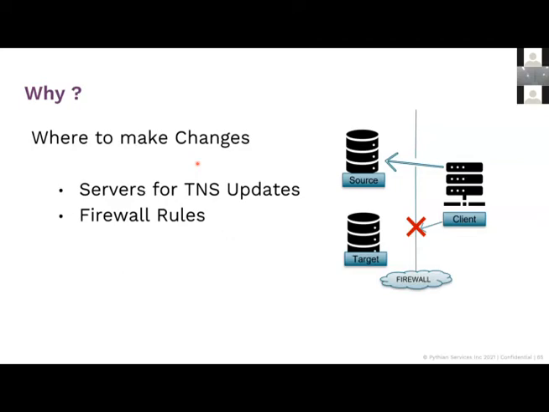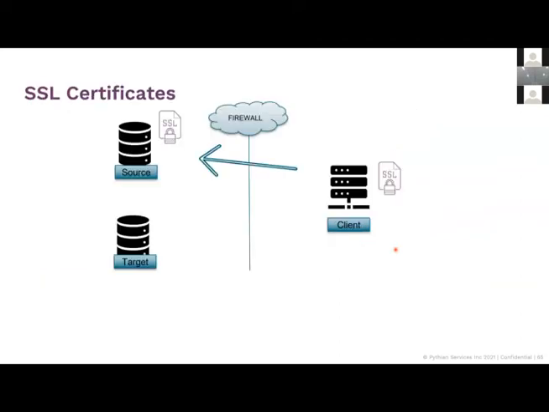Again, the other thing you would want to do is identify the client so you can update the TNS names. TNS is the configuration that the client uses to connect to the source. So once you update this, these will be the rules that we need to connect to the target. So what do I mean by configuration? The information of where it lies, you need the client host. That's one thing you need. And the other thing is you need the SSL certificates.